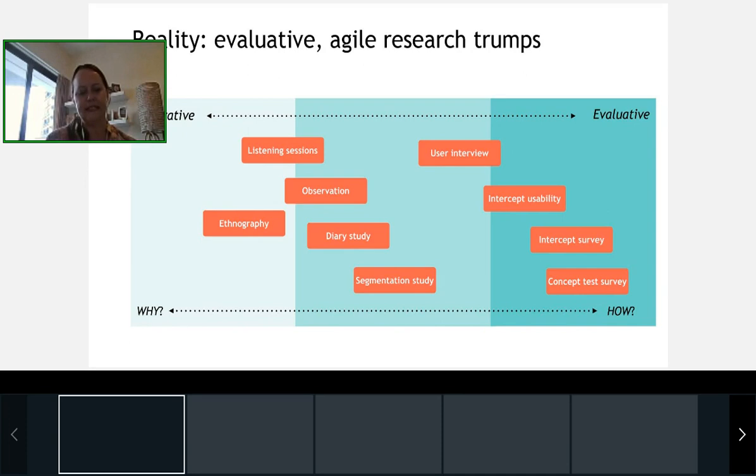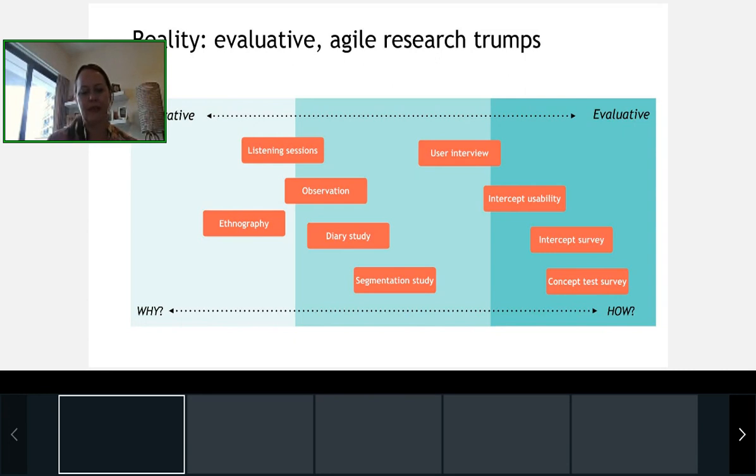What we need to do is constantly bring everybody else into that space of how important generative research is, and that rather than just doing a concept test here, why don't we start that with more of a contextual study? Why don't we do some observations first? Why don't we understand the problem space? What are people going through in their lives before we jump in and resolve it with a solution?